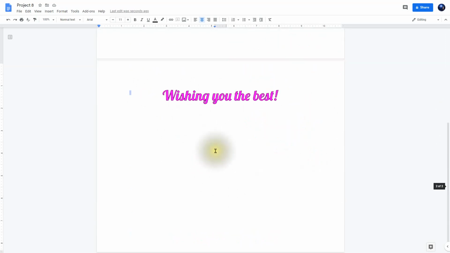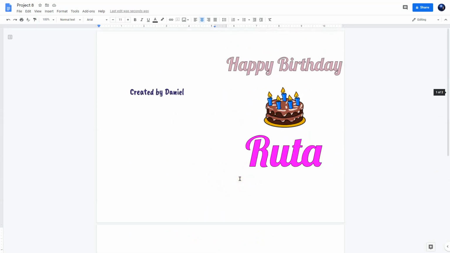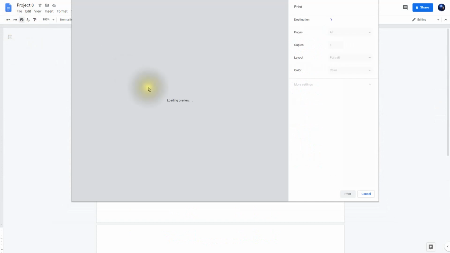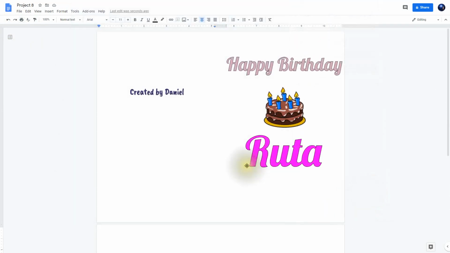And of course, you'd have a personalized message here on the inside cover. If you wanted to print this out, it's Control P, or you'd click on the print icon and you would fold it along the center right here so that this forms the front and this forms the back, and your inside cover would be here.